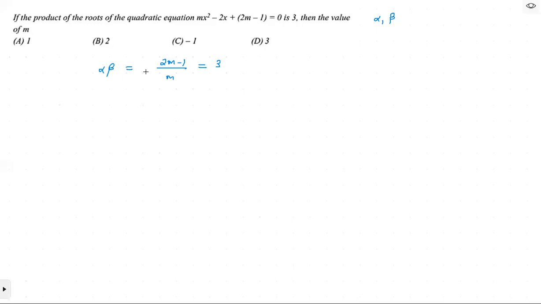So now it is very simple for us to solve this. तो इसमें कुछ बचा ही नहीं है. 2m minus 1 equals 3m, right? So here we are having m equals minus 1. तो देख लेते हैं कौन सा ऑप्शन है. This is option C, right? तो अगर आपको नहीं पता होगा कि प्रोडक्ट ऑफ रूट्स के बारे में कि अल्फा इनटू बीटा क्या है, तो you will find out the roots, then you will multiply them, right? So the things become simple by knowing some things which we have already derived, right? तो जो याद करने के लिए चीजें बोली जाएंगी, so do remember those things, that will really help.